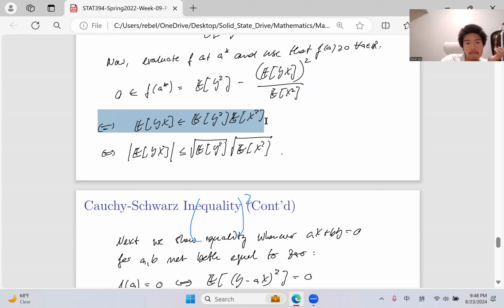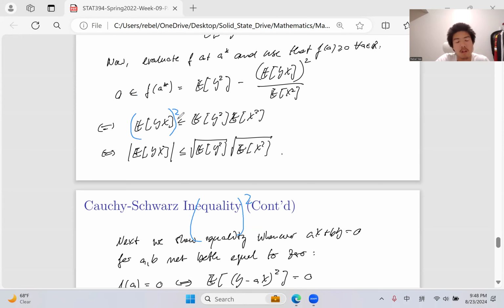And this one we can take the expected value again. Okay, there is an error here because this is squared and it lost the square. So what we do here is take the square root. This one becomes the expected value, and this one uses the product law of the square root. So it becomes this form. So we have proved the Cauchy-Schwarz inequality.